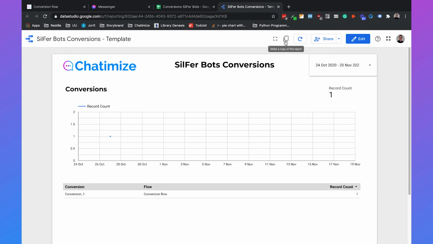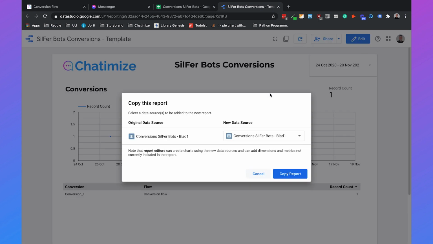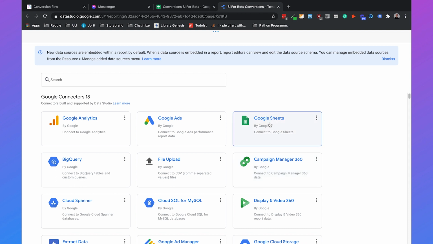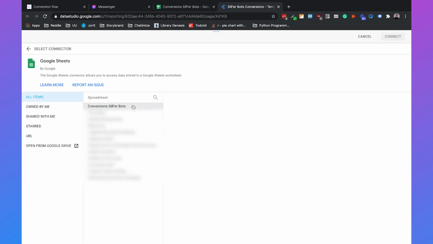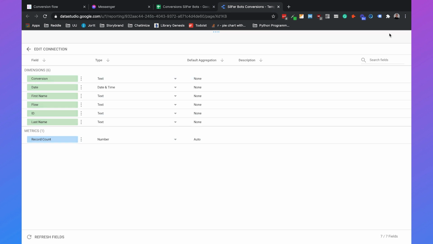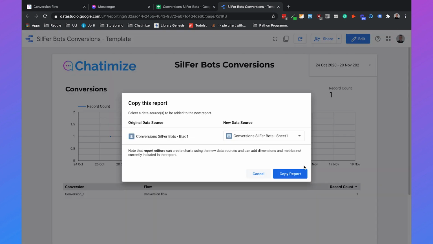So you can just make a copy of this report, and then you can select your data source. So with me, I already selected another data source, but you need to click on Create New Data Source, select the Google Sheet, and then you can select the spreadsheet you need to use and select the worksheet. You can click on Connect, and it automatically sees all the variables and adds a record count, which is just the amounts of rows that are inside your Google Sheet. So if you've done this, you can just click on Copy Report,